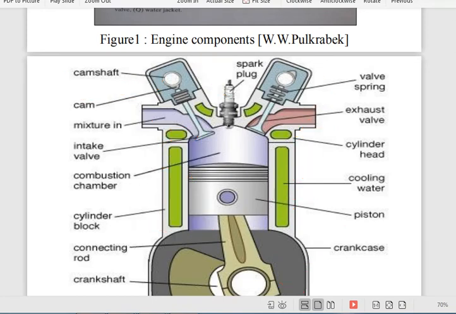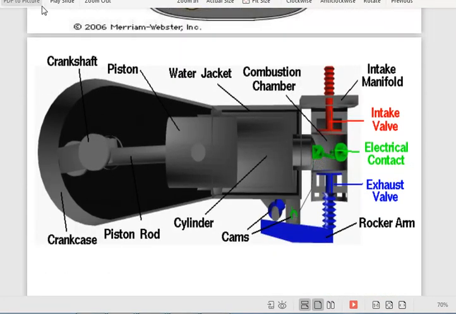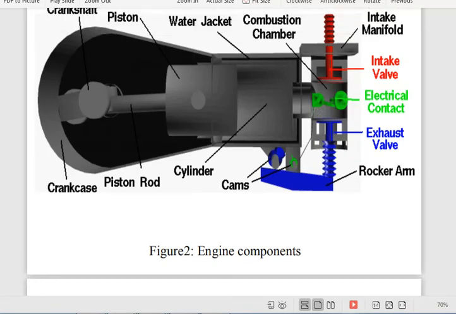So in this video we have gone through the basics. Here you can also see one more diagram. It is giving you the same details of these internal combustion engines. So in this video we have seen what is a heat engine, how heat engines are classified. We have also seen the classification of an internal combustion engine, again the cycle of operation, that is the 2-stroke cycle and 4-stroke cycle, and finally we have seen some important components of the engine.